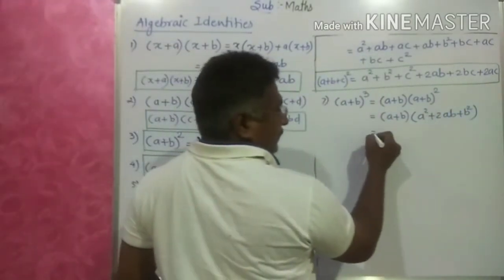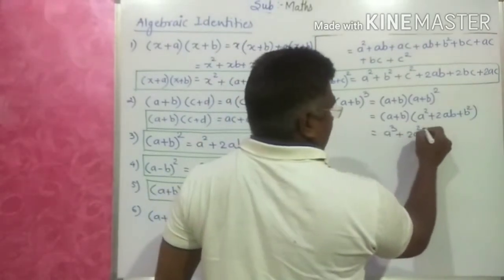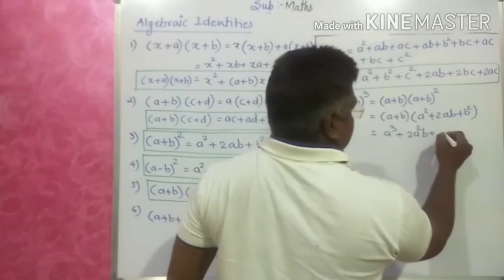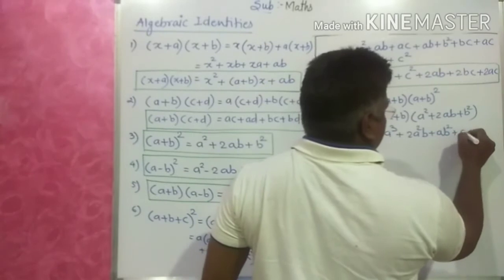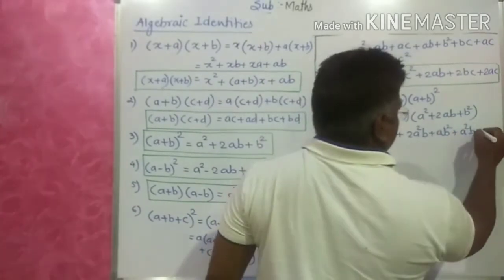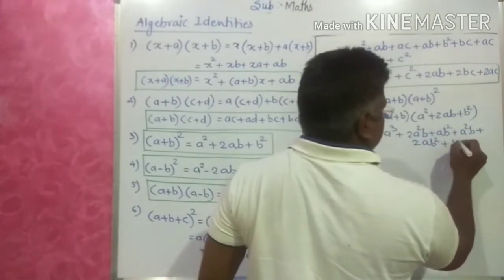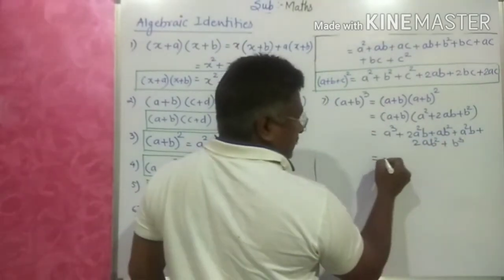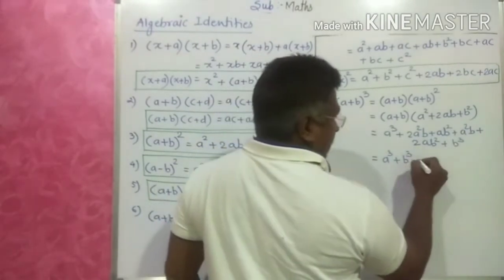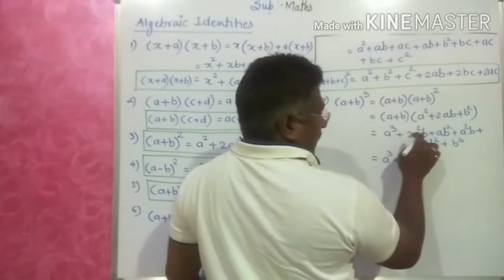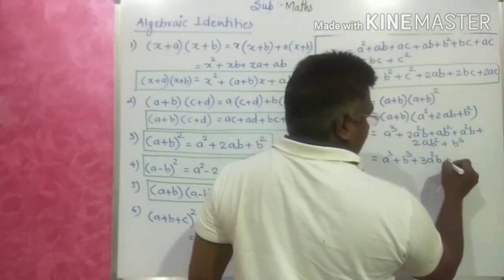Now simplify: a cube plus 2a square b plus ab square, plus a square b plus 2ab square plus b cube. So arranging it: a cube plus b cube plus 2a square b plus a square b, which is 3a square b,